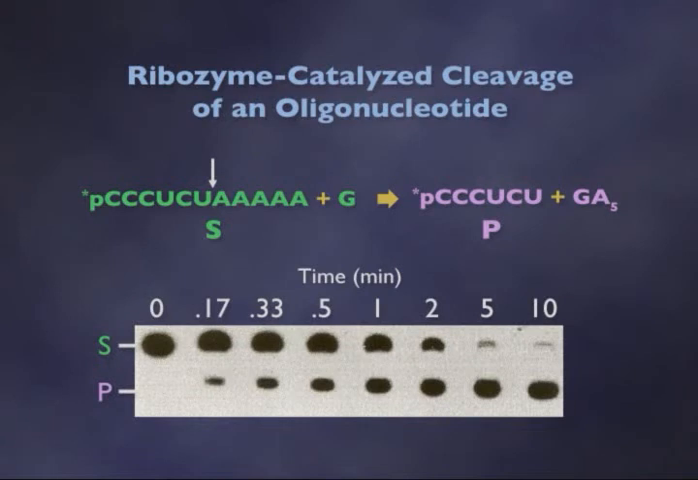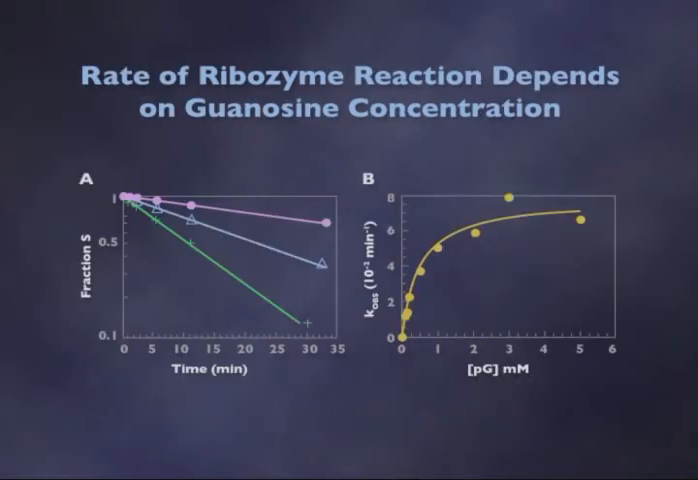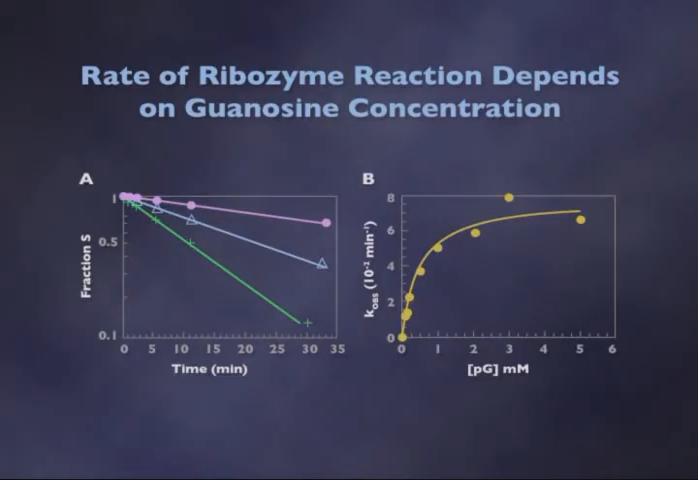We then quantitate the amount of substrate and product at each time point and make a graph that shows the fraction of the substrate remaining uncleaved, so that starts out at 1 because it's all intact. We plot the amount of substrate remaining as a function of time, and you can see that depending on the amount of guanosine, remember guanosine's the little scissors that are cleaving the RNA, depending on the amount of guanosine present,